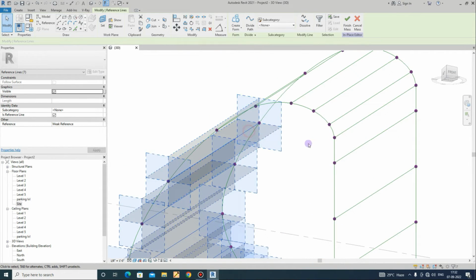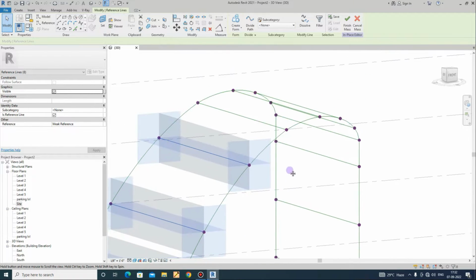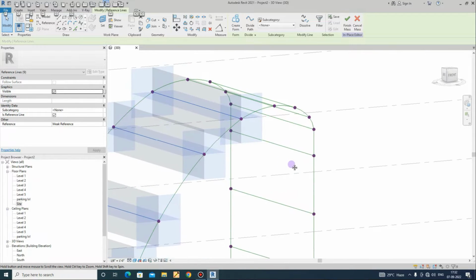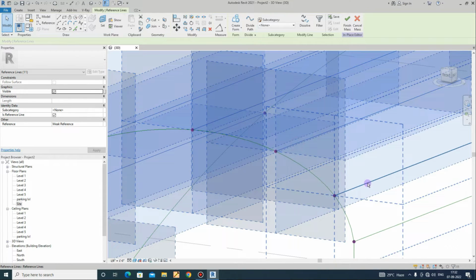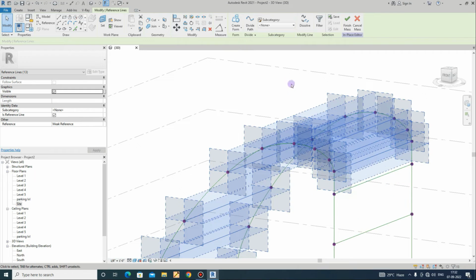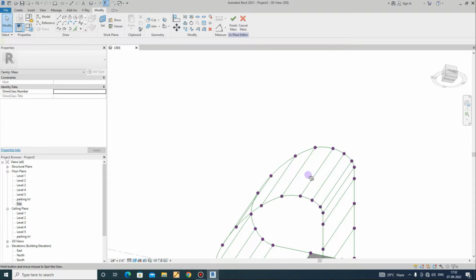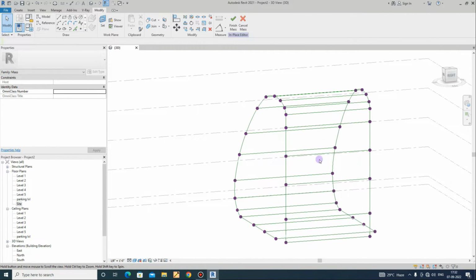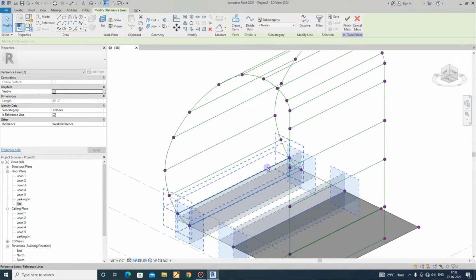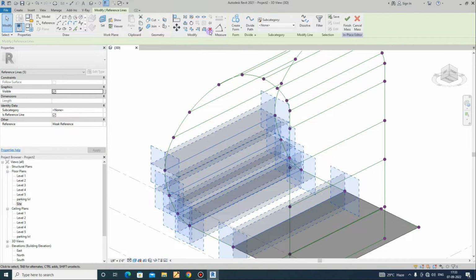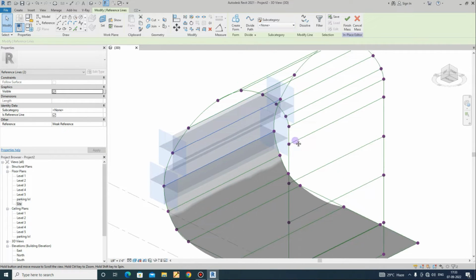Create form. It's not creating. Yes. Let's try this. Okay, fine.